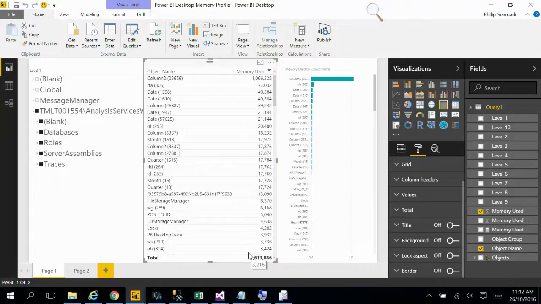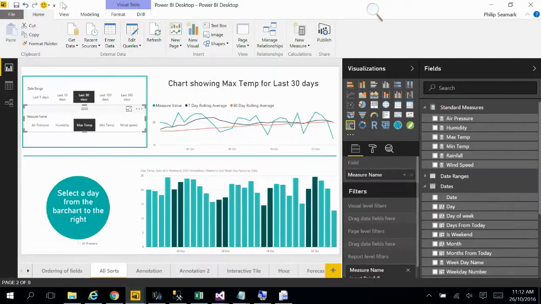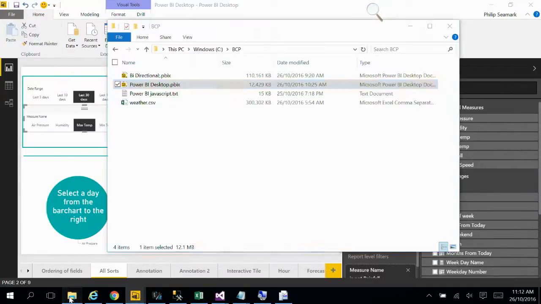Now I wasn't aware of that. This highlighted this to me, and if I now save my Power BI desktop model, which was 12 megs, it's now 2.7 megs. So publishing, just the whole memory footprint is going to be that much faster now,